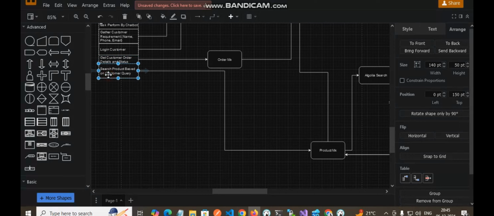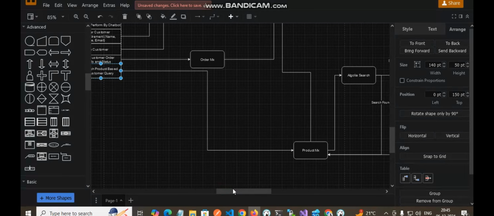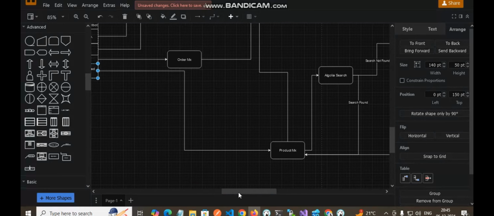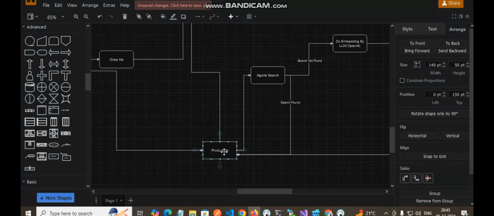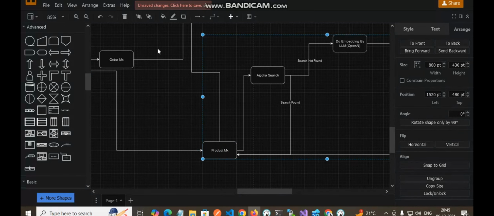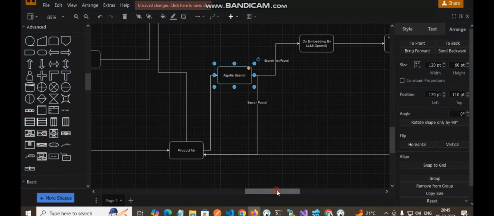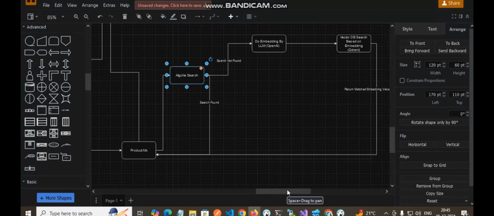Now let us go to the product search query part. If a customer wants to search for products under, say, 50 rupees or 100 rupees, it will go to the product MX, the same steps as in the search bar case, and then to Algolia. If Algolia is able to provide the information, then good, it will return to the product MX. And if it is not able to